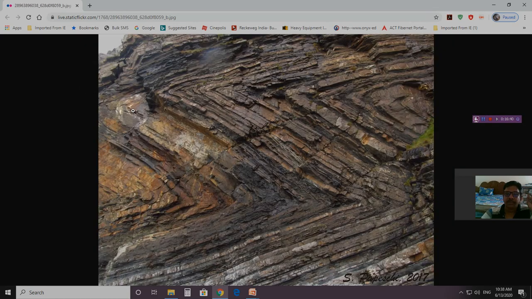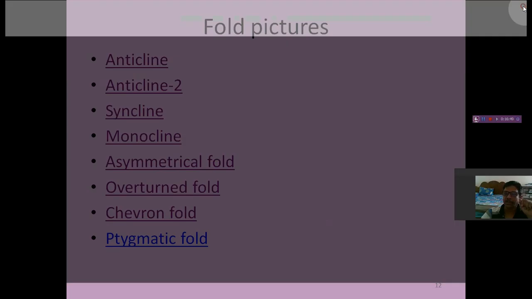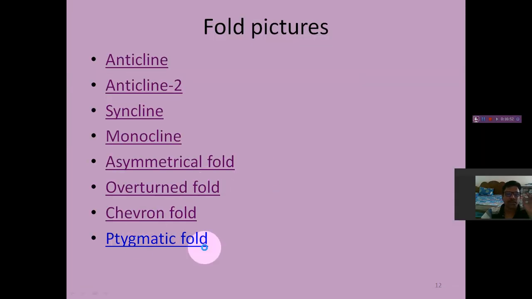Yes, this is chevron. देखिए, this totally got turned, and here also again it has taken a turn. Like fold को आप सुला दिए. This is chevron. Tigmatic मतलब बहुत बहुत छोटा रहेगा. Okay, then I think there is some problem in this particular picture.